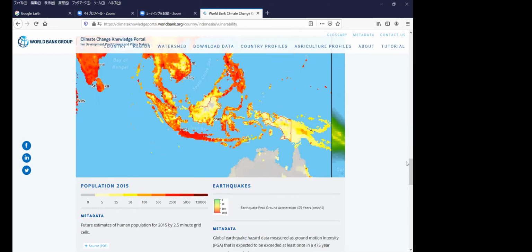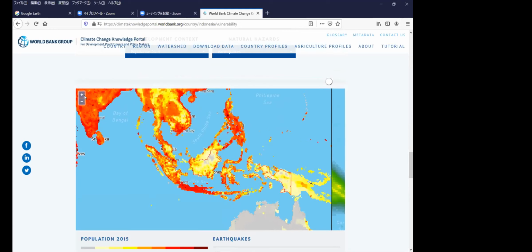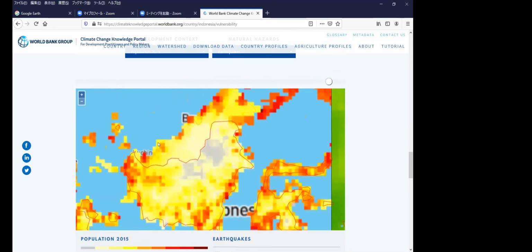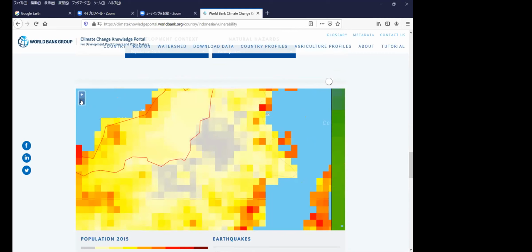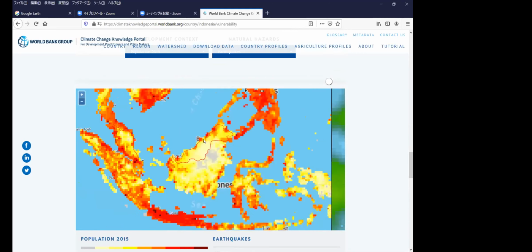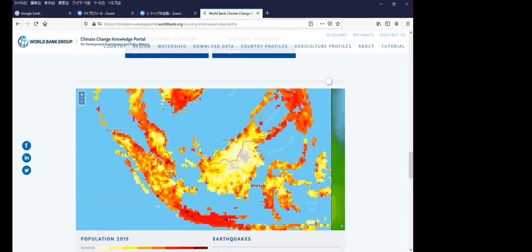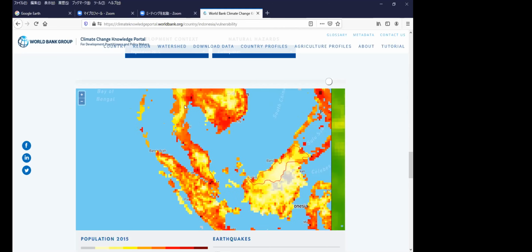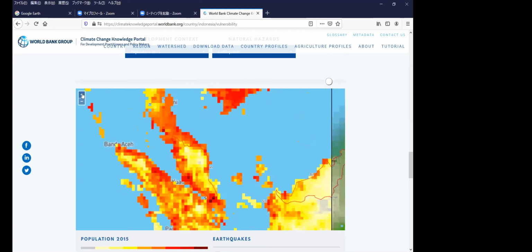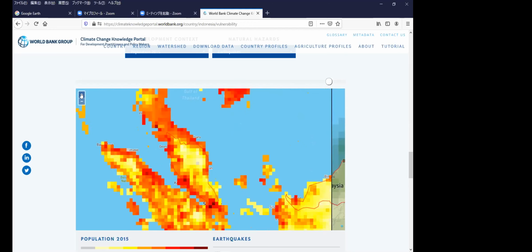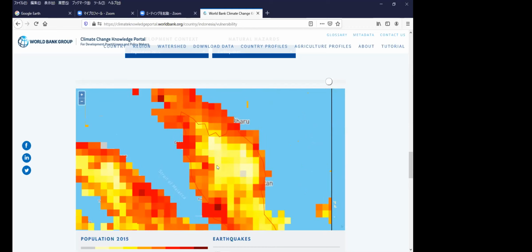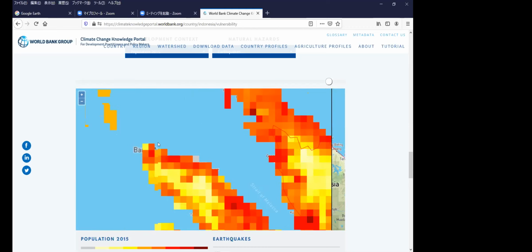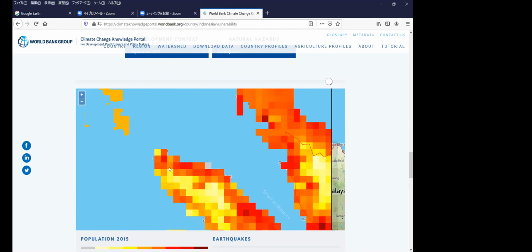So we try to find the number for the population, and by clicking the plus mark at the top left of the page, we can zoom into the boundary area,